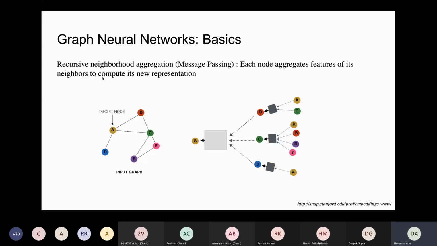For C, you'll gather information from its neighbors, which are F, E, B, and A. And for D, you'll gather information from A. So in order to get any information for A, you'll go 2 steps or 3 steps behind. So this happens recursively. What we are doing is, for all these nodes, let's say the yellow, green, red node, this is a